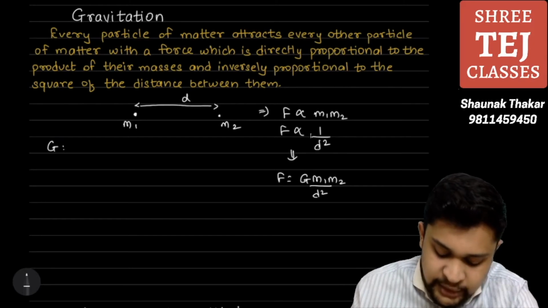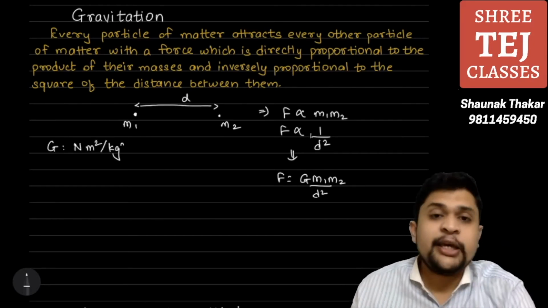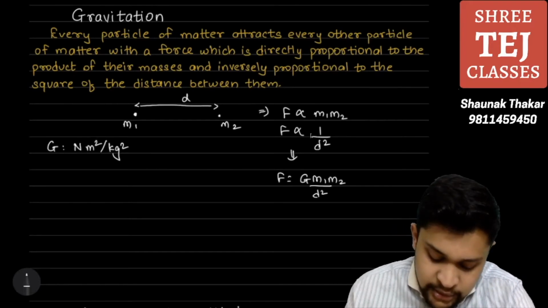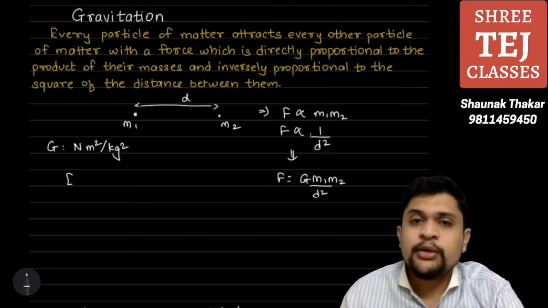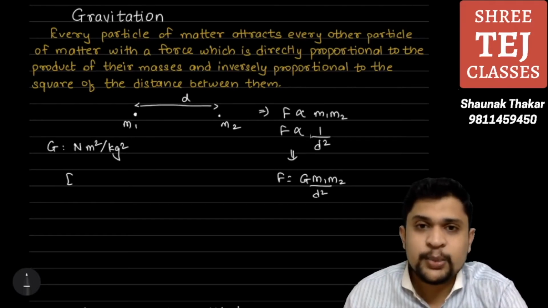So G has the units Newton meter square per kg square. Let us do its dimensional analysis. So what is Newton? Newton is kg into meter per second square. So kg meter per second square, that would make